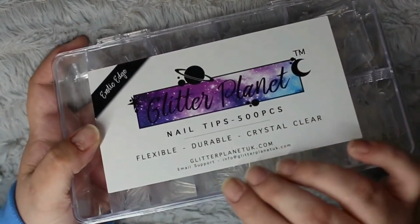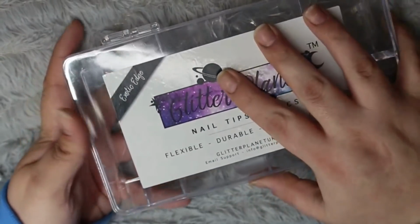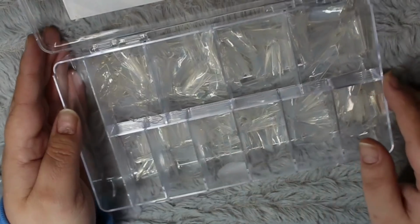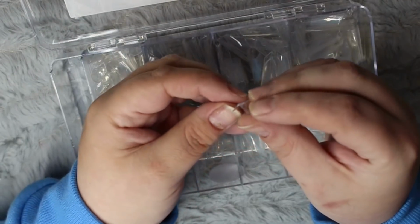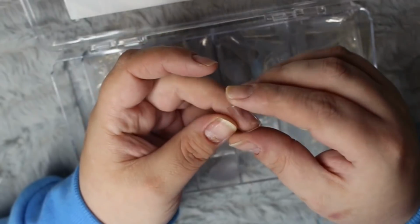Now these are the nail tips that are probably more like a Russian almond. That's what some people call them. So they're really cool. I haven't tried anything like this before. So I've wanted to get a set of these for absolutely ages and just kept avoiding it. So when I got some gift money this year, I thought, no, I'm definitely going to go ahead and treat myself to these because they just totally intrigue me and look like they will make some really awesome sets of